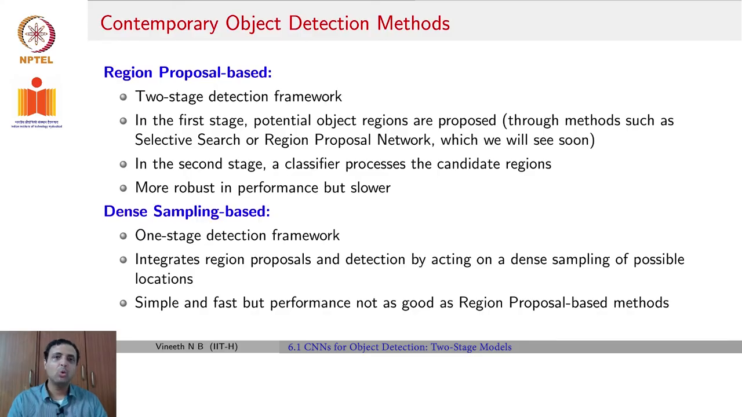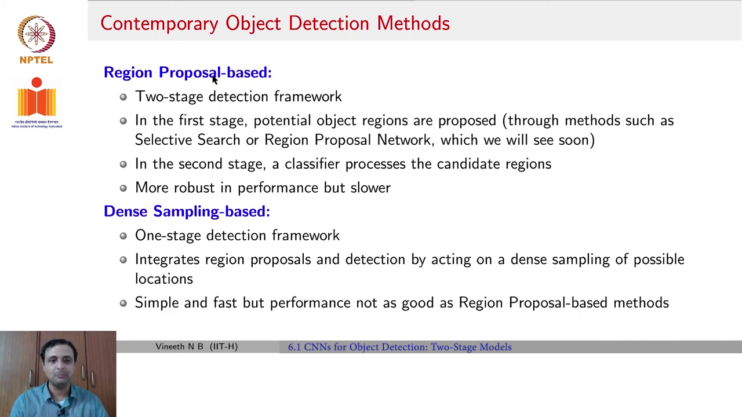Having seen how object detection was performed in the pre-deep learning era, as well as how basic CNNs can be adapted to object detection, let's now move to how object detection is done today in terms of contemporary methods. Existing methods, which are based on top of CNNs, can be broadly divided into what are known as region proposal based methods and dense sampling based methods. We will cover region proposal based methods in the rest of this lecture and take up dense sampling methods